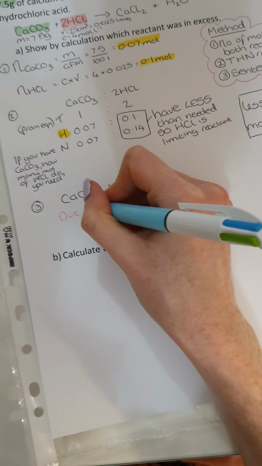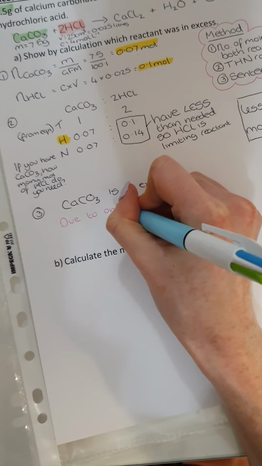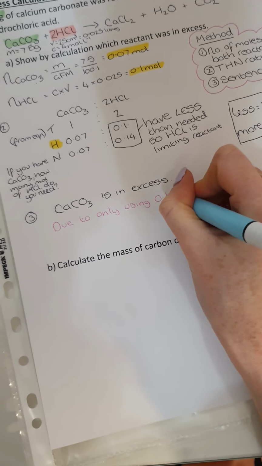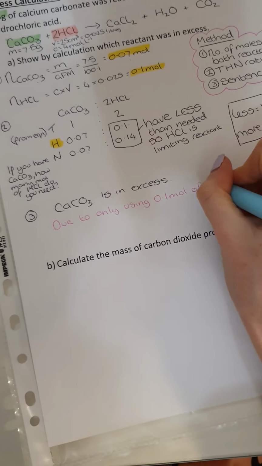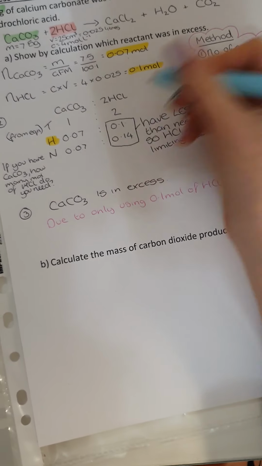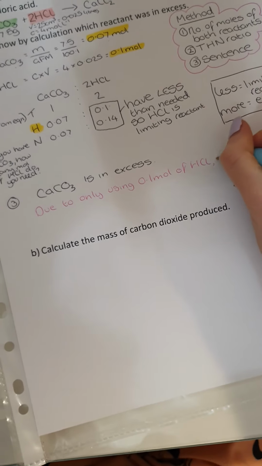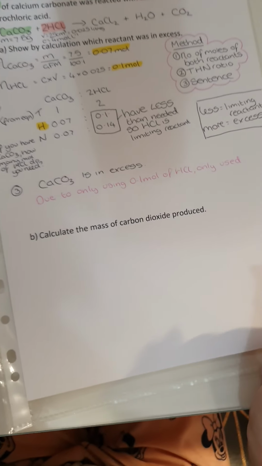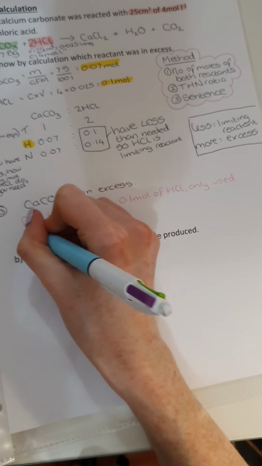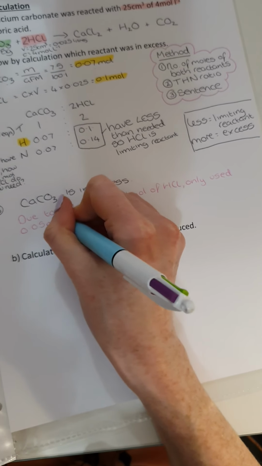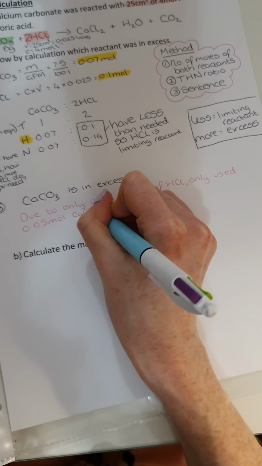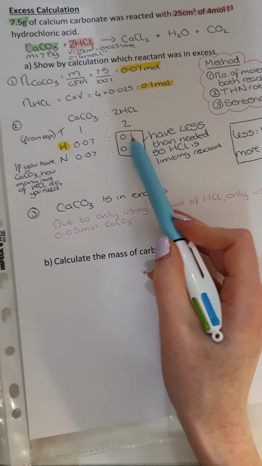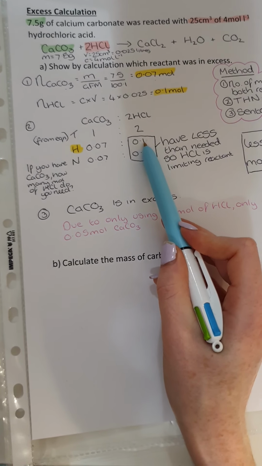So I will write, due to only using 0.1 mole of HCl, because that's all we had, so that's all we could use. We only used 0.05 moles of CaCO3. Reason being, if we go back to this ratio, we had 0.1 moles of HCl,